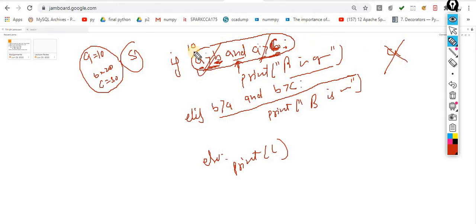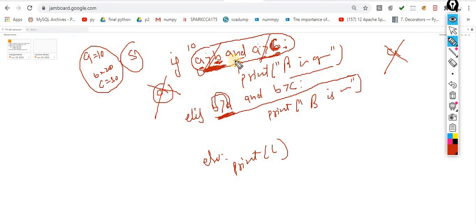It's clear after watching this scenario. Then what is the need to compare B with A? I think there is no need, because A is out of the game. After this condition is false, A is out of the game, and comparing A with B again, or B with A, doesn't make any sense, because I already checked it.